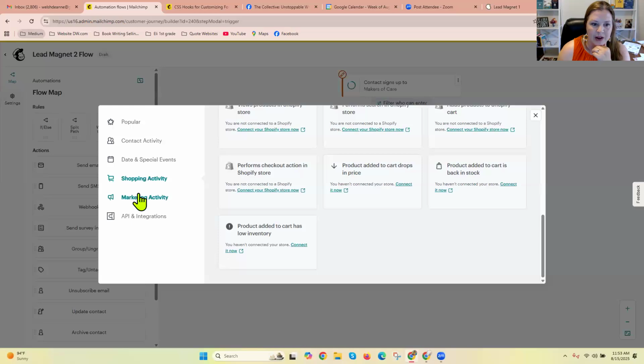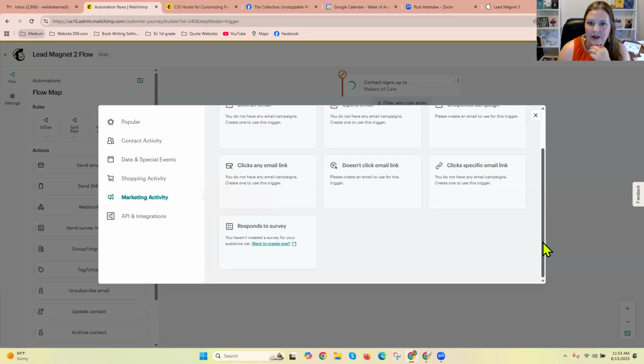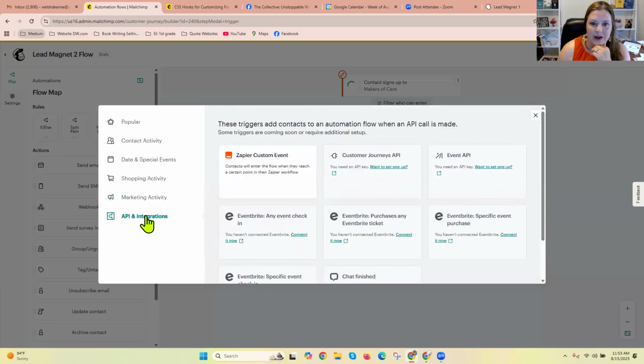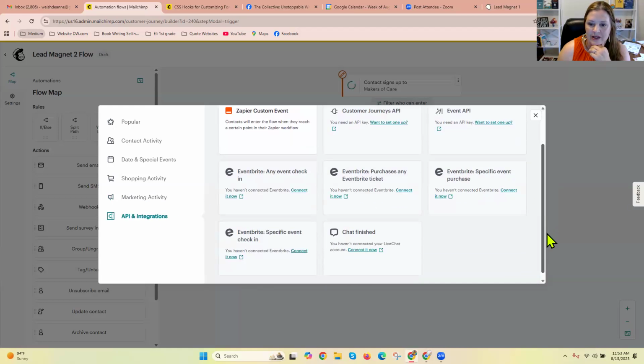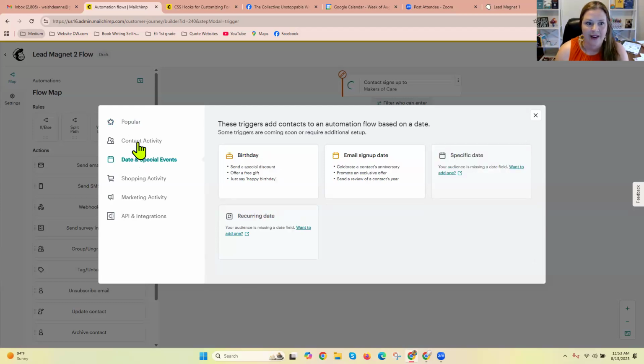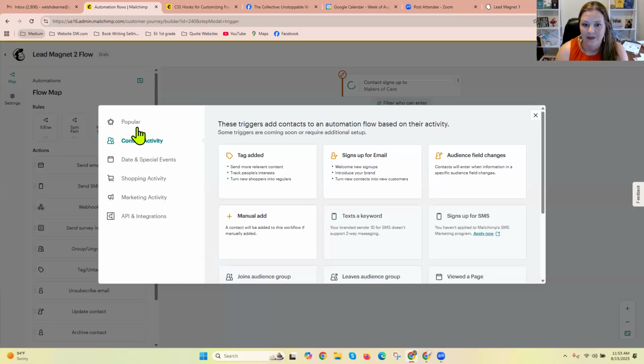That's shopping, marketing activity. This looks helpful. Unopened, response to survey, API integrations. Nope. What I am looking for is when they sign up for that form, lead magnet 2, that then